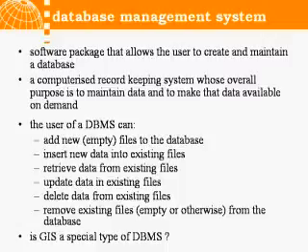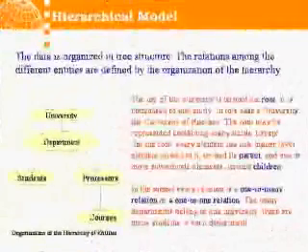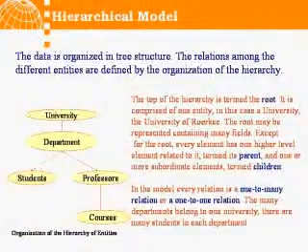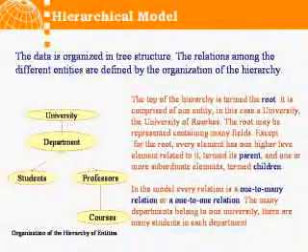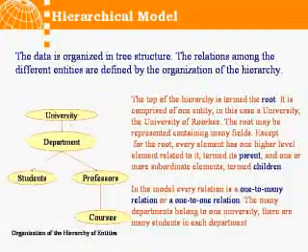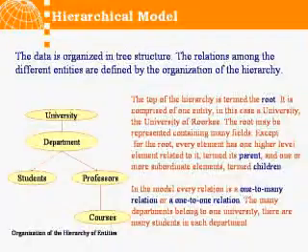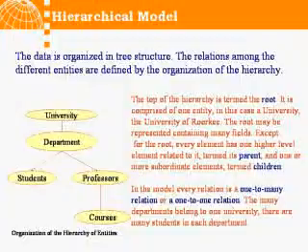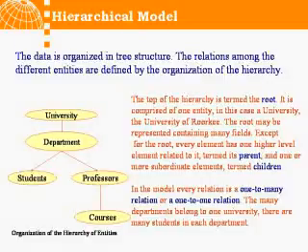The next one is the hierarchical model. Data is organized in a tree structure, or in a hierarchical structure. The relations among the different entities are defined by the organization of the hierarchy. Here I am taking a university example. In a typical university, the data is organized in the form of a hierarchy. In the university, you have the university node. After that, you have departments. Several departments are there in the university, and also under departments you have the